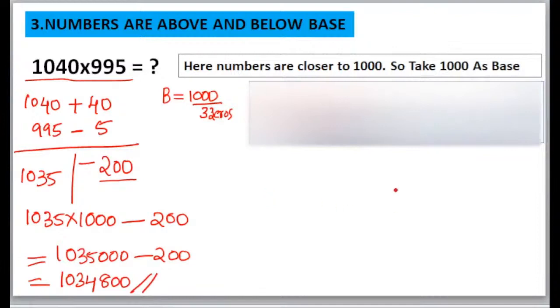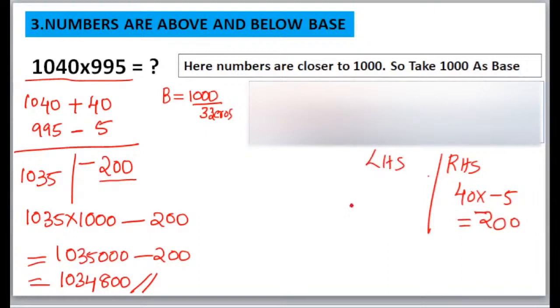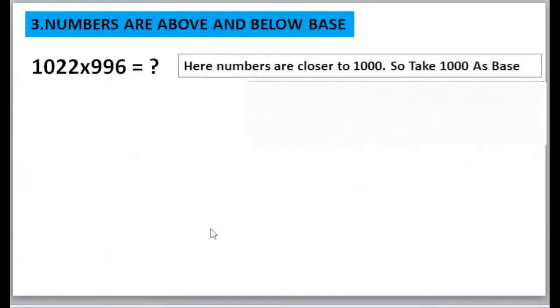So your RHS is 40 into minus 5, that is minus 200. Then your LHS is 1040 minus 5 is equal to 1035. Okay. So next is